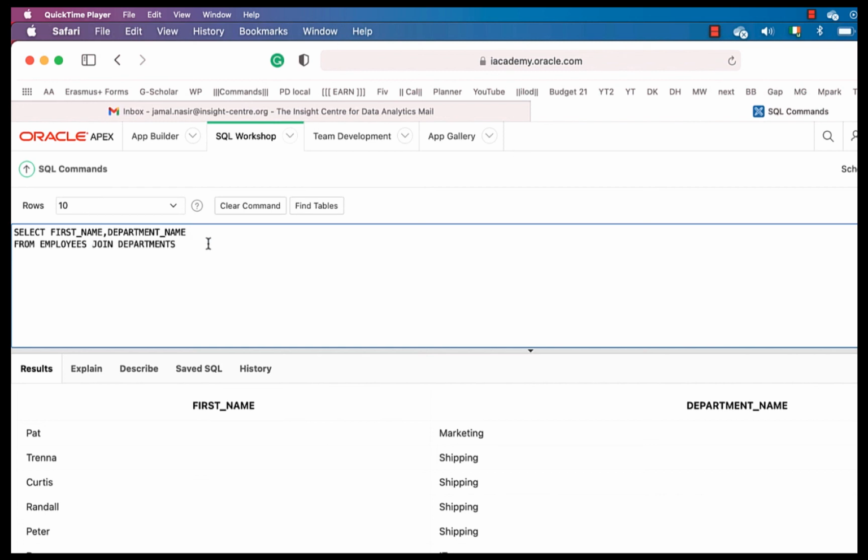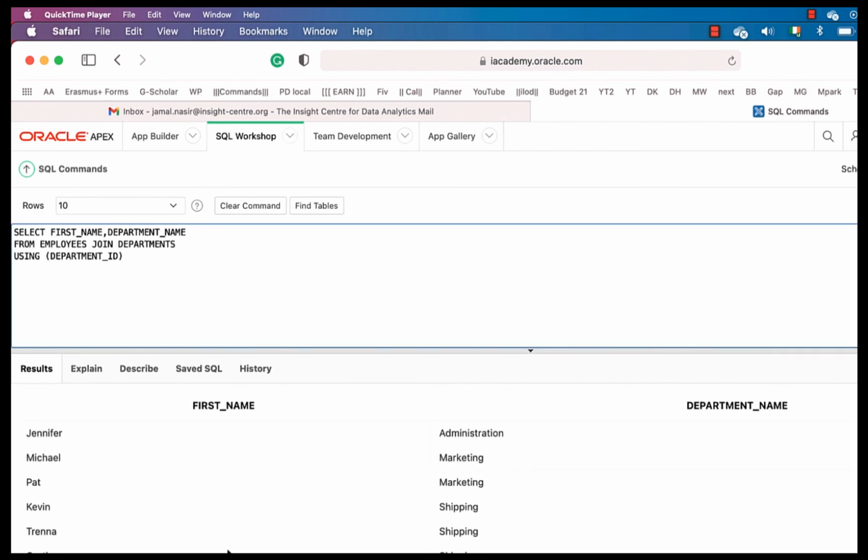So if we cannot apply natural join, then we can use the using clause. In using, we have to tell the attribute name. So here I have to tell department_id. So the same results can be achieved by using another SQL query.